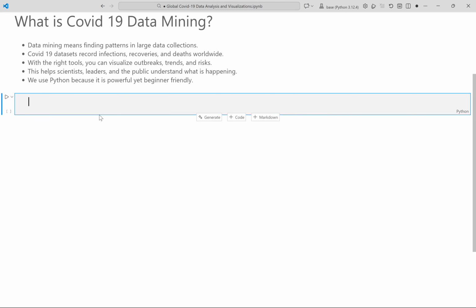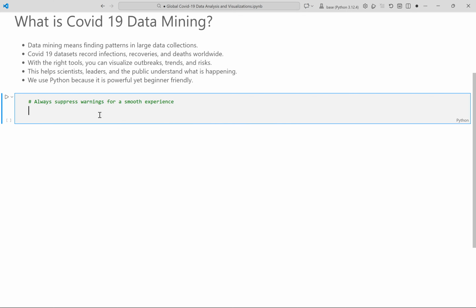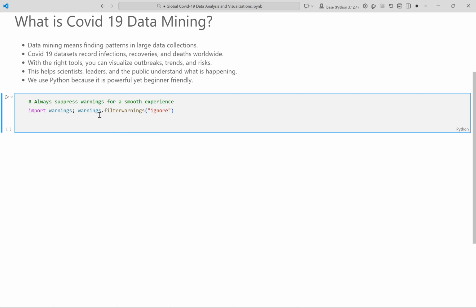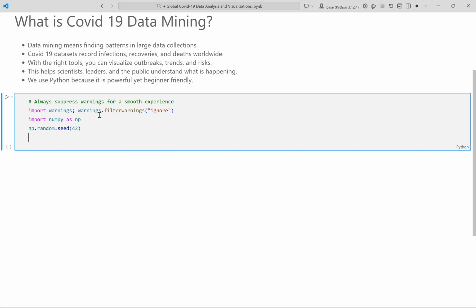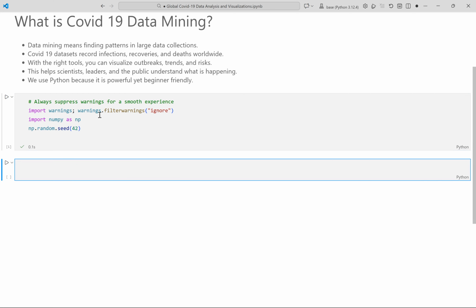Let us begin by making sure annoying warnings will not pop up. We are turning off warnings to keep the output clean for learning. Import warnings, warnings.filterwarnings, ignore. Import numpy as np. We set the random seed to 42 for reproducibility. Running the cell now. This code sets up a smooth and reproducible environment by suppressing warnings and fixing the random